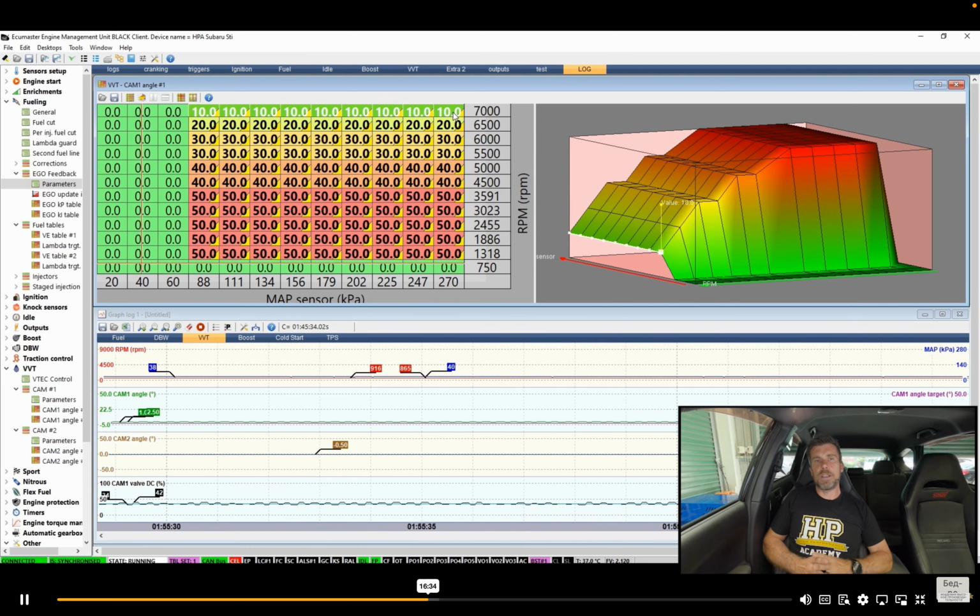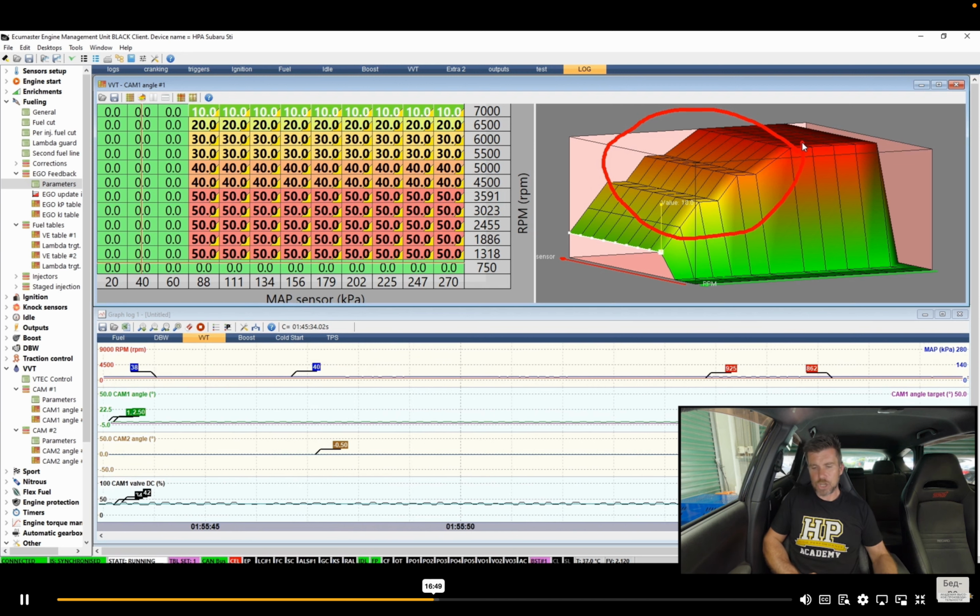All right, so we've got a pretty basic setup in here at the moment based on our composite timing that we've just developed using those 6 runs. There are a few problems though, and what we can see here is, if we look at our graphical view, we've got a pretty choppy sort of table. And again, we need to be mindful of the fact that this is a mechanical system. It's not going to do a great job of jumping 10 degrees instantly. It'll track that reasonably well, but sometimes we might end up seeing that the dyno is calling for a change of 20 degrees over quite a short RPM range. So often it